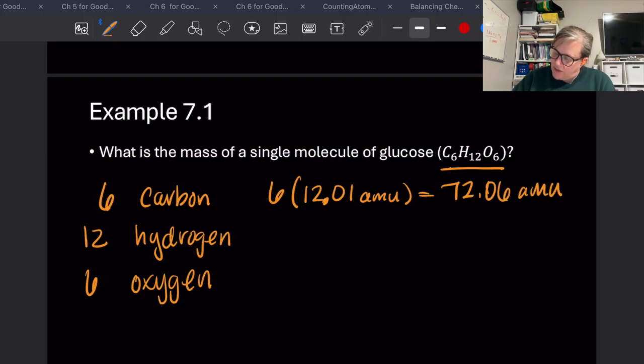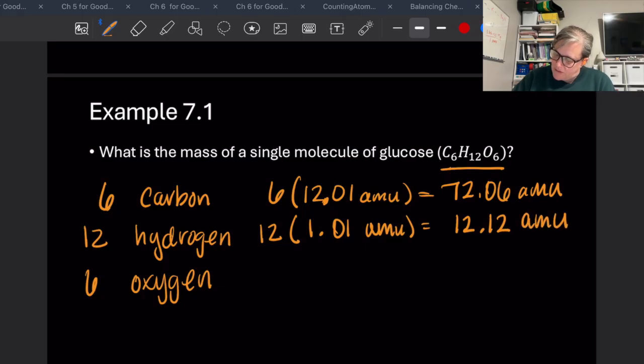And then hydrogen has a mass number of 1.01 AMU, so 12 of them will give us 12.12 AMU. And then oxygen, 6 times 16,